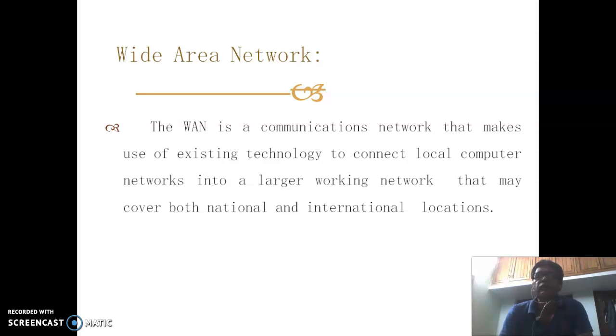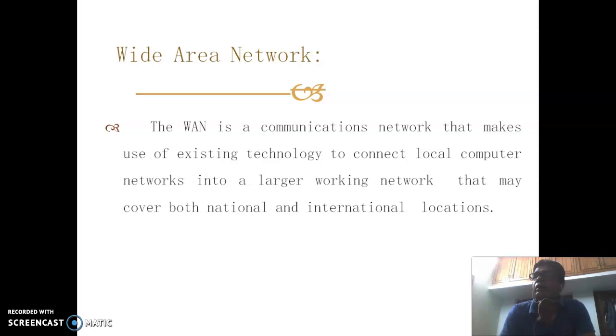But this cannot be useful for a large area. The main advantage of the local area network is that it is less costly, and the disadvantage is that it cannot be connected over a long area.